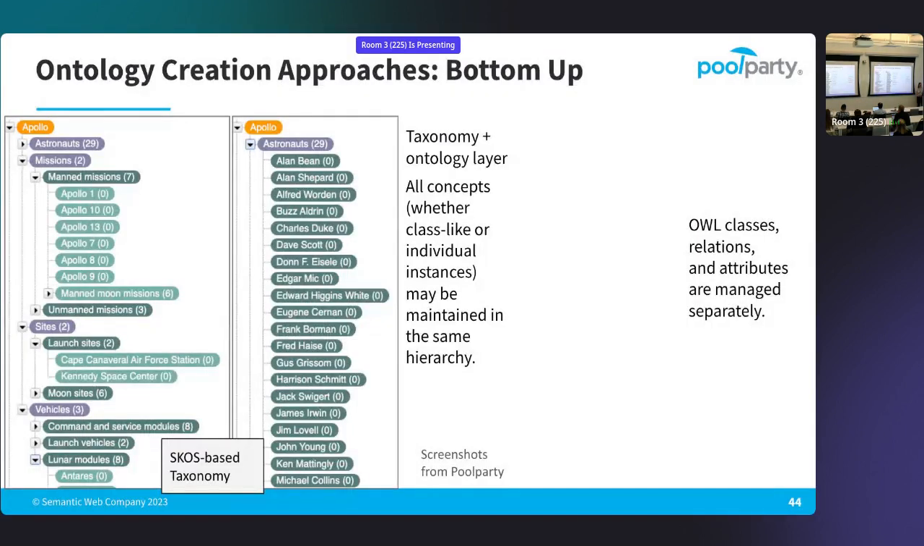Let's look at an example. A variant on our astronomy here: the Apollo missions, the moon missions. So I have here, of course, a hierarchy, a SKOS-based taxonomy. Apollo is the whole project, and what's in purple are the concept schemes: astronauts, missions, sites, vehicles, and